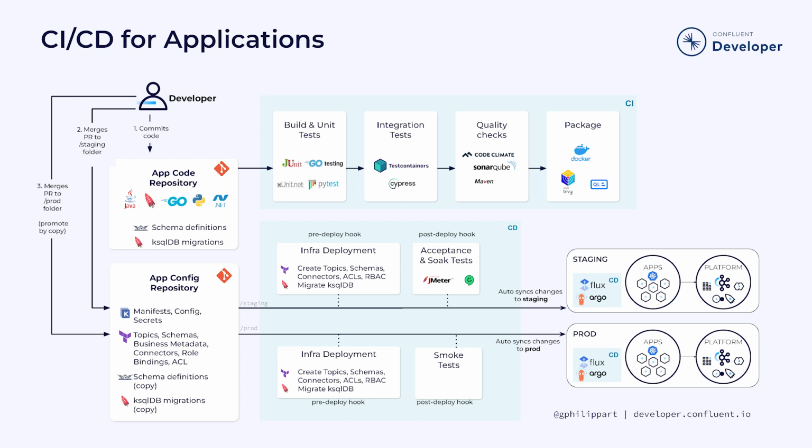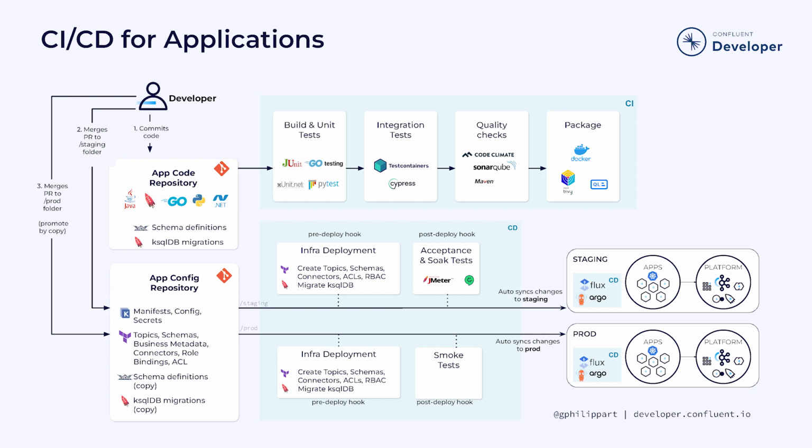The important first thing is that GitOps best practices recommend having two repositories, one for the application code and another one for the application configuration. The application code repository contains the code, schema definitions, and KSQL DB migration scripts. The application config repository contains Kubernetes files, property files, and Terraform files organized in distinct folders such as staging and